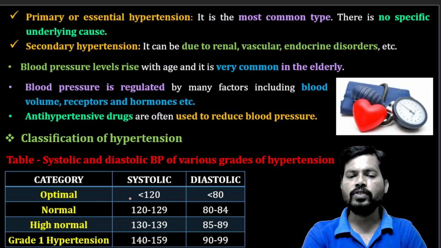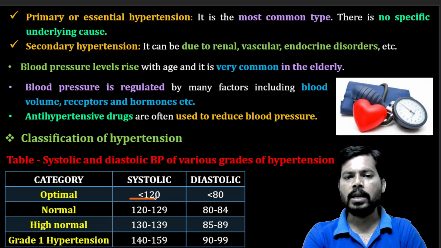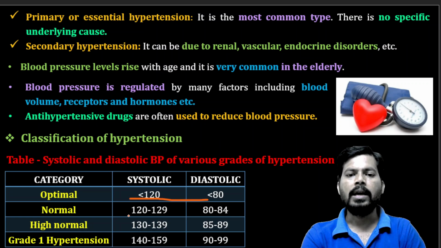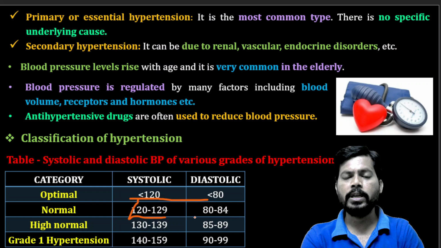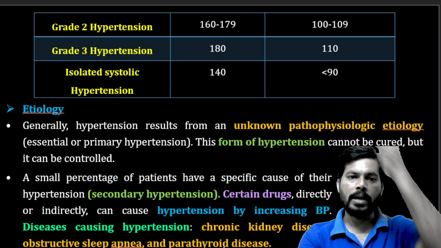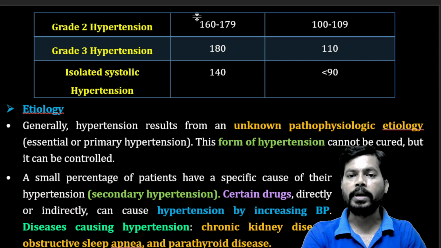So the general range will be systolic less than 120, diastolic less than 80. Coming to the normal, the optimal means minimum, and the normal will be 120 to 129 systolic, 80 to 84 diastolic, and high normal 130 to 139, 85 to 89. Grade 1 hypertension is 140 to 159, with 90 to 99 diastolic, and grade 2 will be